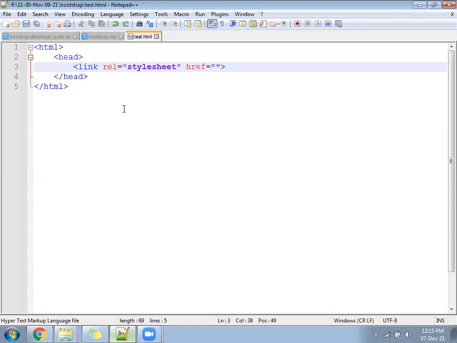In case the project requirement says don't use Bootstrap, and if you are able to write your own CSS, no problem, you can follow your own. In case you are unable to write and someone is still forcing you, saying it should be like this only, then what to do? Features are already readymade. You can search in Bootstrap for the particular feature, and so many things will come. Open the file, download it, go to the CSS, find the class, copy the class, paste it in your CSS. After that, modify the class, and that's all. If you want to change the color or the border, you can change it.